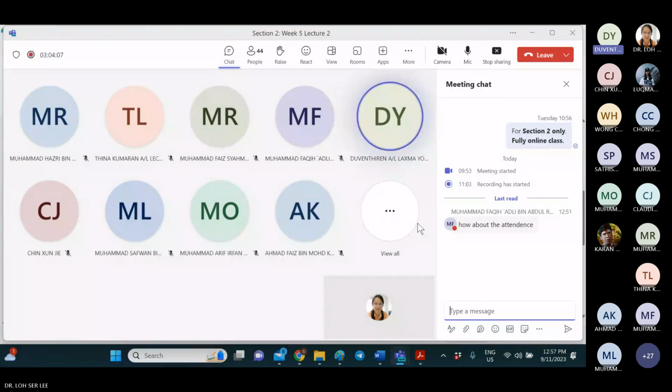I want to know how many of you will come to the physical class. I think I will run a poll in the WhatsApp later. If the number of students is quite some, then I will proceed to the physical class,